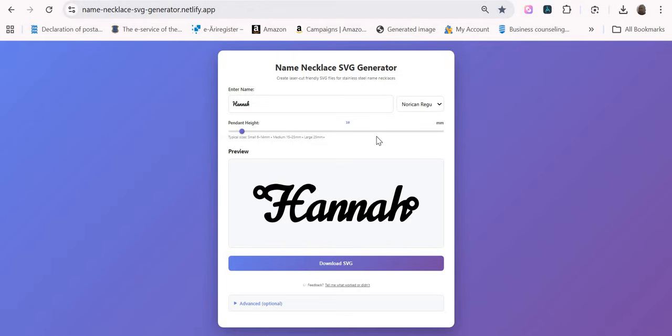I also sell custom name jewelry. I created this app because I felt doing this kerning and all of this for different orders takes a lot of time to do manually. I used to use Lightburn for this, but sometimes customers ask for revisions. Okay, change this, change that, and you need to go and start all over again. But with this app,